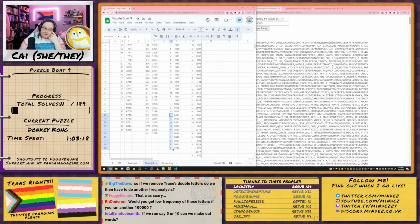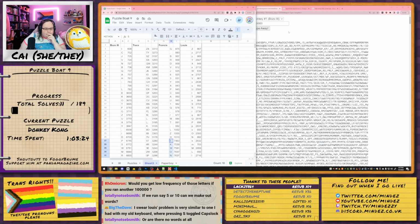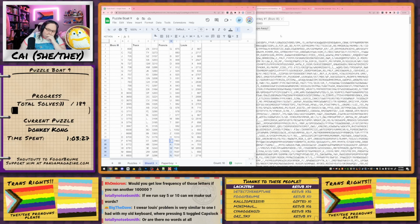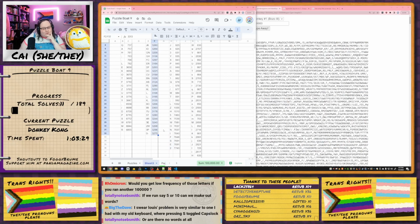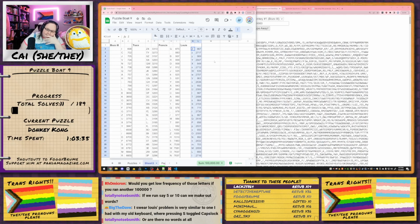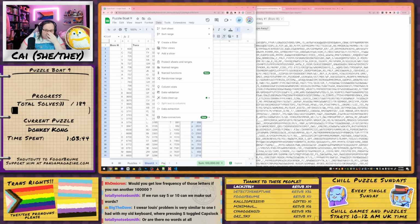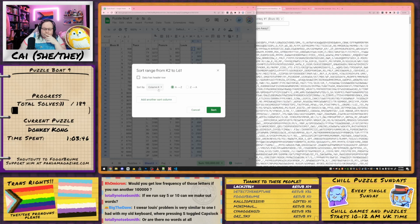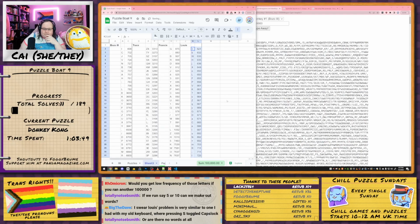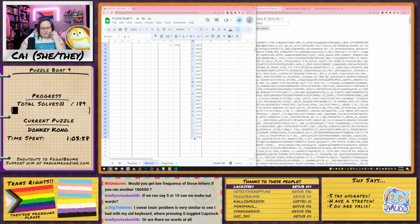If we're on 5 or 10, can we make out words? I don't think there's words in here. These frequency distributions do not correspond to words for me. They correspond to just randomly pulled letters, which is thematic. Column L. So here we have an exact even split, right? We have exactly 30 low and 30 high, because everything...